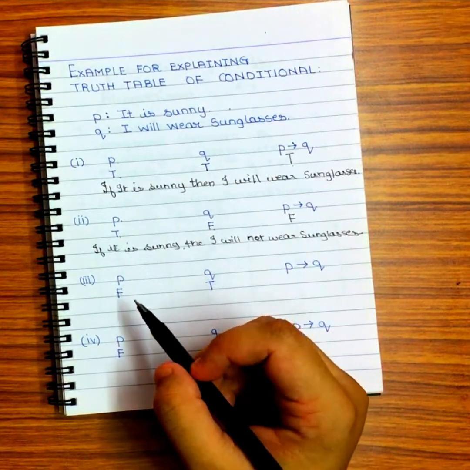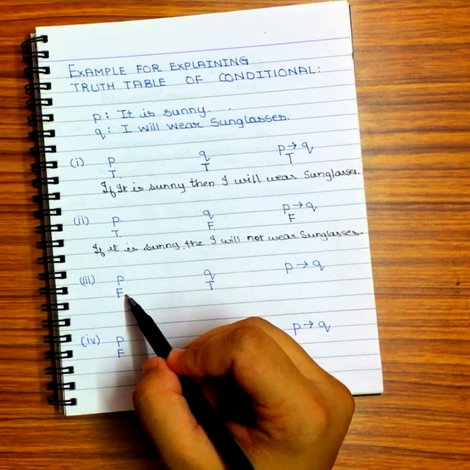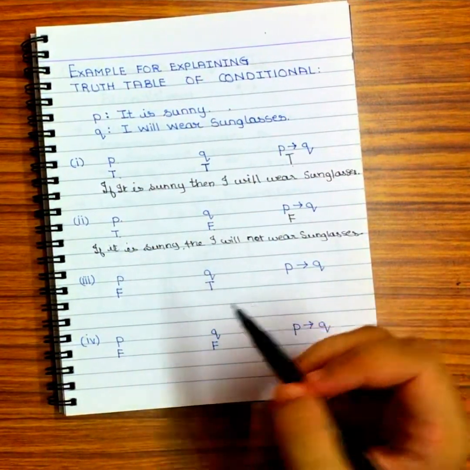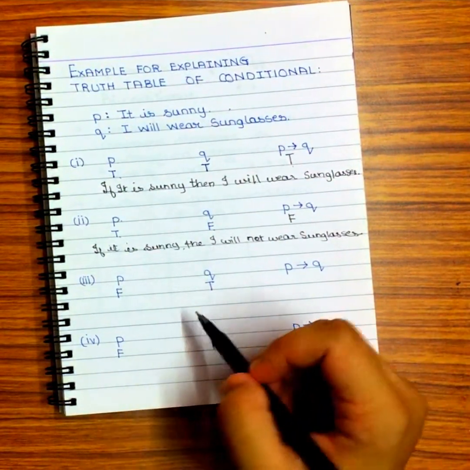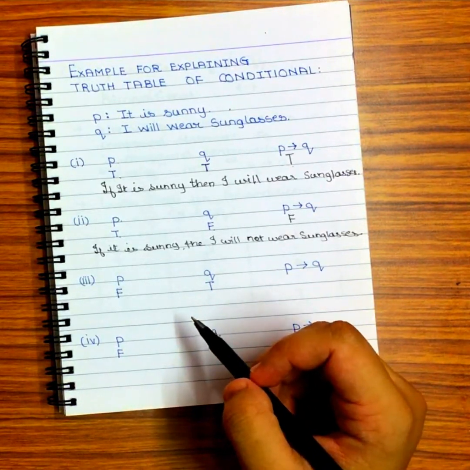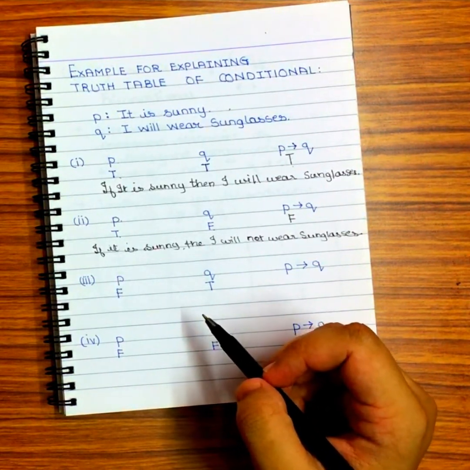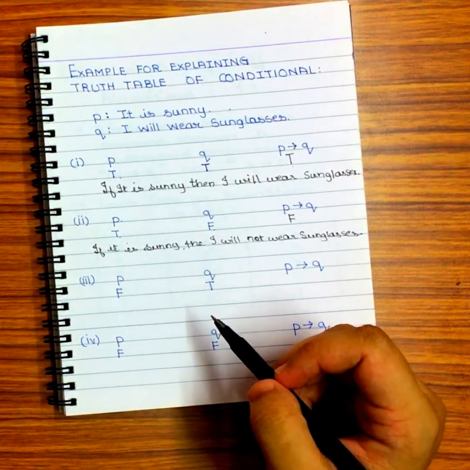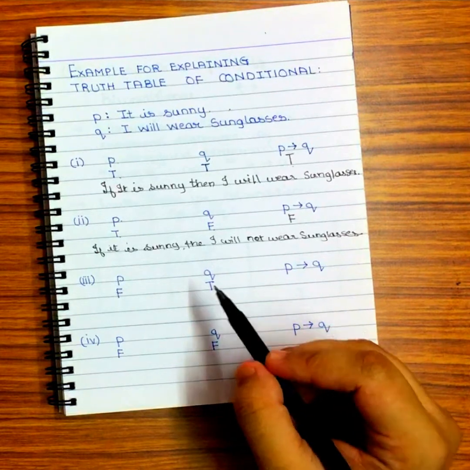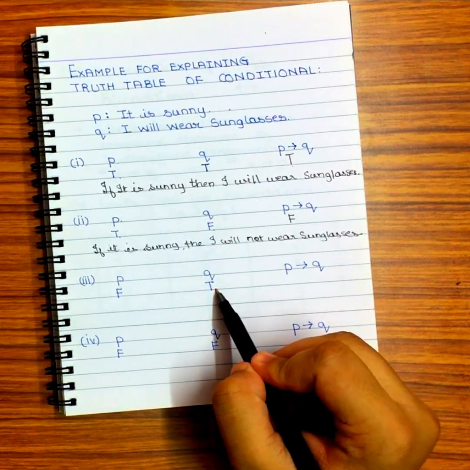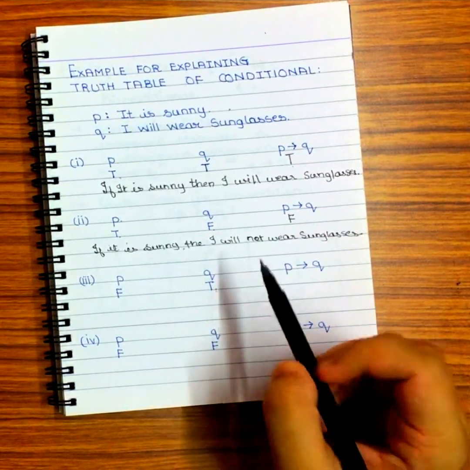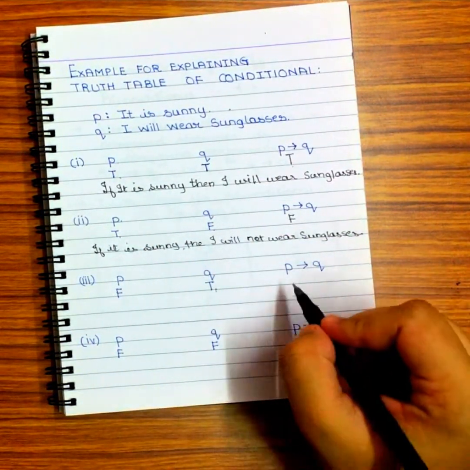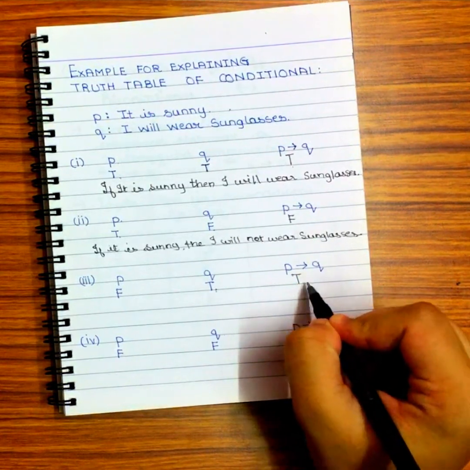Coming on to the third one. Now here it says my hypothesis is false. What it says, if it is sunny, so now it is saying if it is not sunny. तो कोई मुझे रोक सकता है सनग्लासेस पहनने से? Even if it is not sunny, I can wear my sunglasses. It is my choice. No one can stop me कि नहीं सिर्फ धूप है या if it is sunny only then you can wear your sunglasses. Okay, so here I am wearing the sunglasses since it is T. So even if it is not sunny, I am wearing my sunglasses. So the truth value is true.